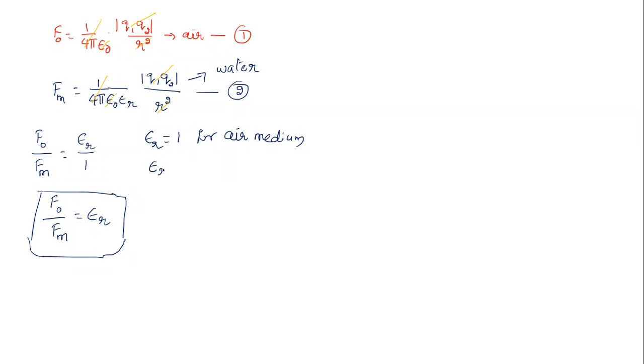And the value of epsilon r is 80 for water. And this will vary for different media. Don't worry about that. In the question, it will be mentioned to you, if necessary, that the relative permittivity of the medium is this much. So this is about permittivity and this concept. Is there any doubt regarding this permittivity? Please let me know in the chat box so that we'll move on to the next topic.